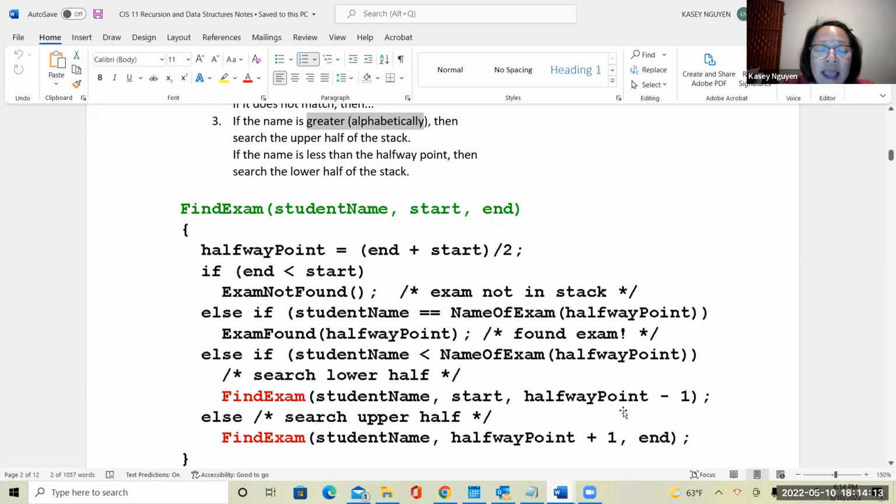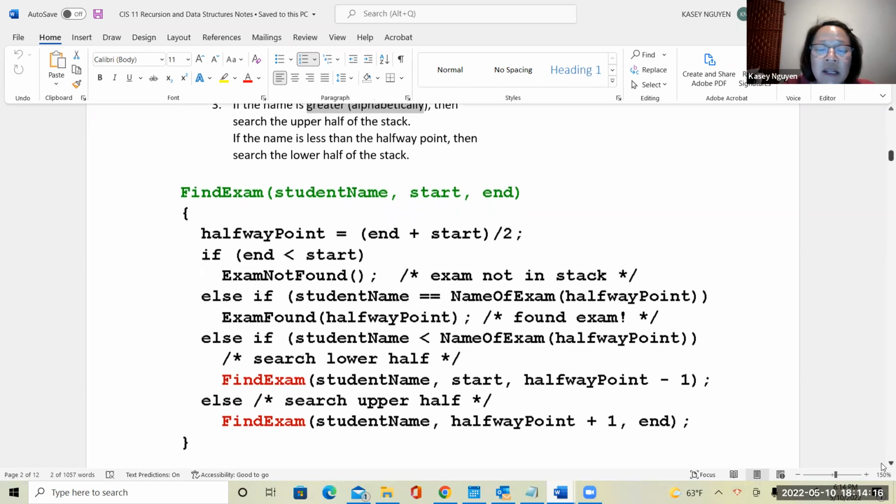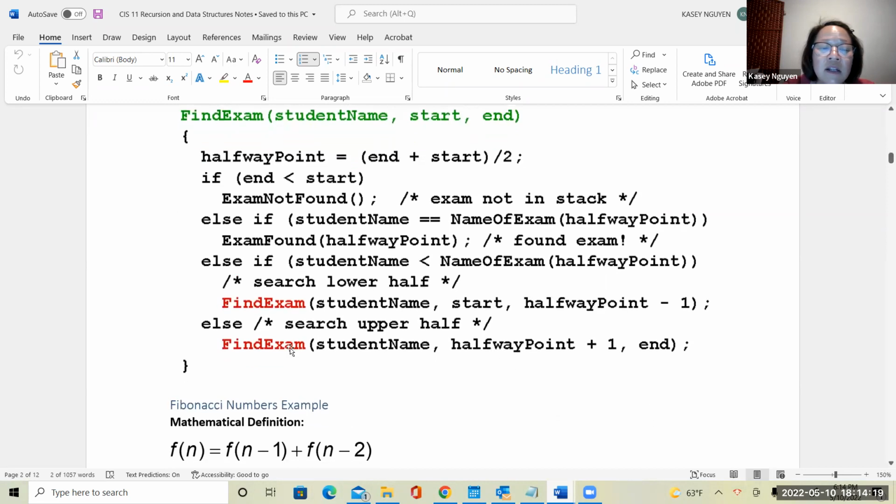Okay, so at the end, what you would see is, for the else at the end here, we're going to call find exam again, and we're going to pass the student name, the half point, and so on. So it's going to keep doing that, and as we do that, we're going to section it down to the smaller half, and the smaller half, and the smaller half, until we get to a single item in that container, so that way it can do a match. And in order to do a match, we're using the condition statement here, right? And then looking at the student name compared to what would be at the half point,